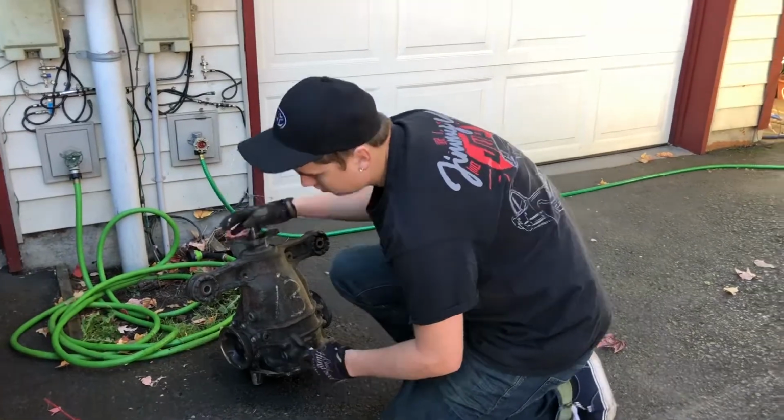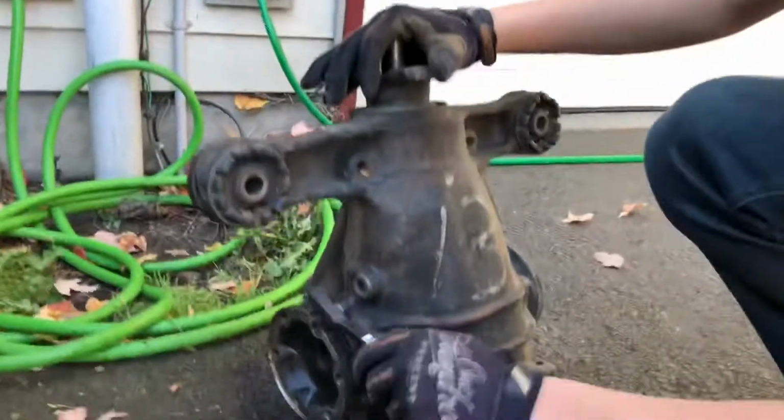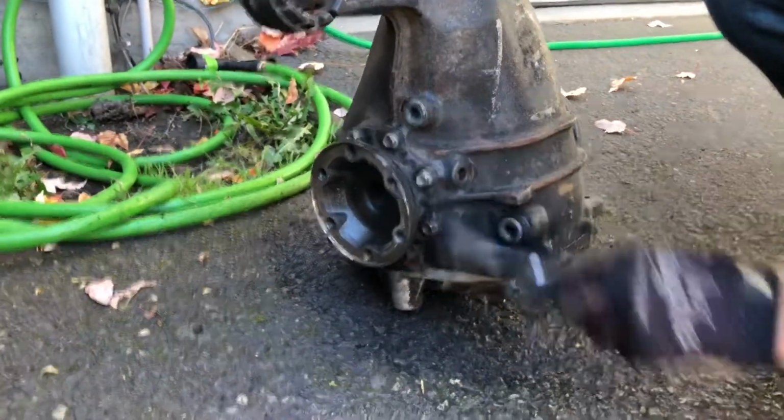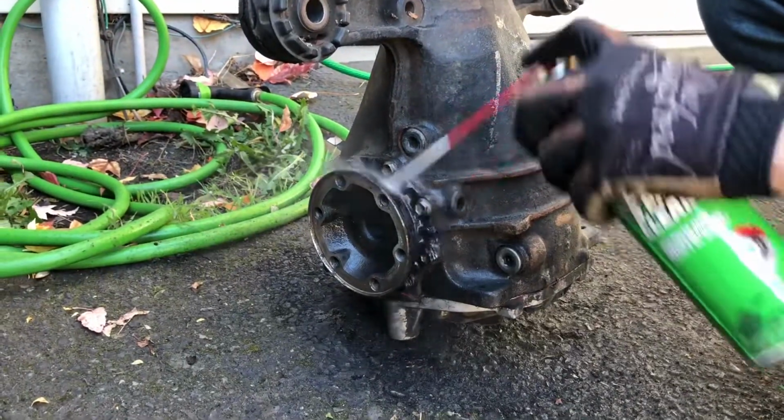So you can see right here, can you get a little closer? You can see right here on the diff ears, it looks like some grease or some old gunked up stuff. I'm using a wire brush, and then I'll take some brake clean and